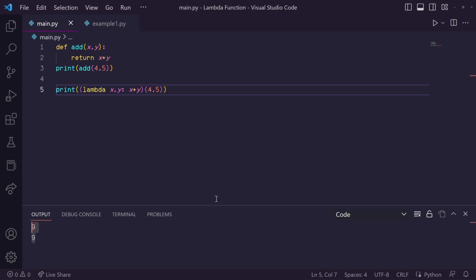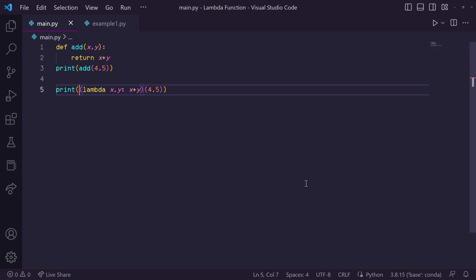Okay, we understand the syntax, but what's the point of Lambda functions? How are they useful? So the whole idea of Lambda functions, or anonymous functions, is that they are made to be passed into a higher order function. So what's a higher order function, you may ask? Well, I could make a whole video on that, but essentially a higher order function is a function that can either take in another function as an input or return a function as an output, or both. So in my opinion, this is much better understood with an example.